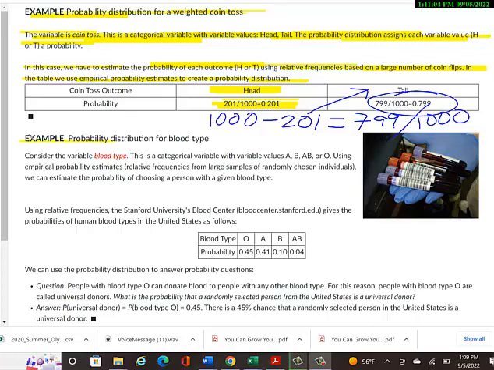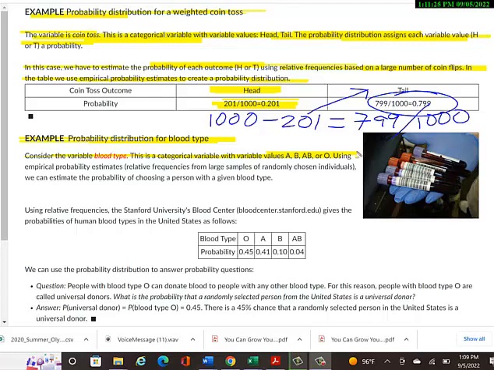And now we'll look at the probability distribution for blood type. This is a little more complicated because there are more variable values. You're not just going to have heads or tails. There are more than 2 blood types. So it'll be a little more complicated. Let's consider the variable blood type. This is a categorical variable with variable values A, B,